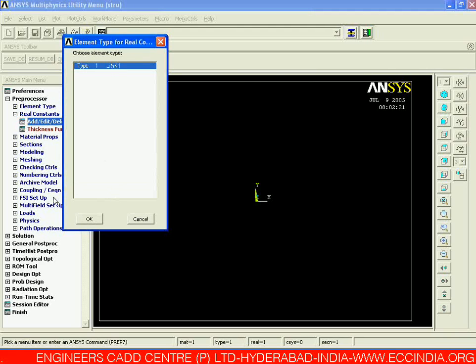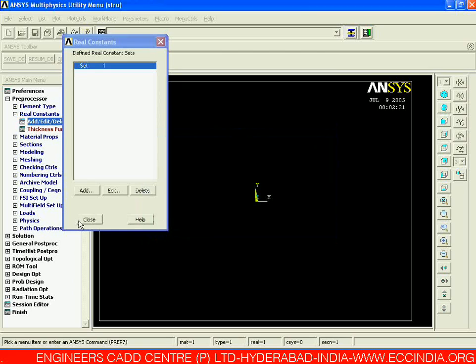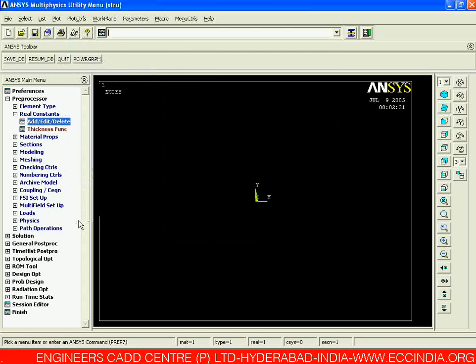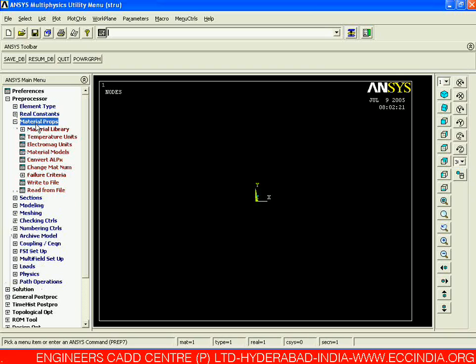If we want to delete, we can delete over here. If we want to edit, we can say edit. With respect to that particular element type, say OK, we are having that number back. So in that way we need to add for real constant. It will vary according to your element type and according to the geometry applications. So once we are entering for a real constant, now we should go for the next option in a preprocessor